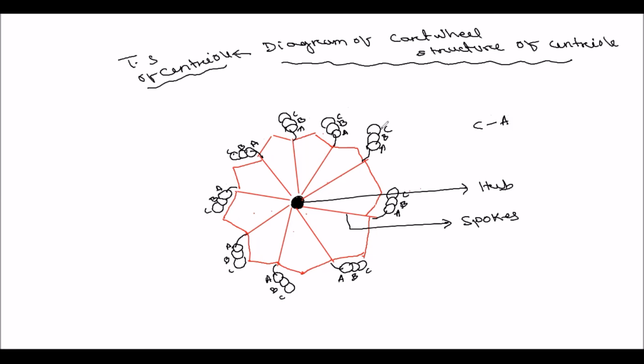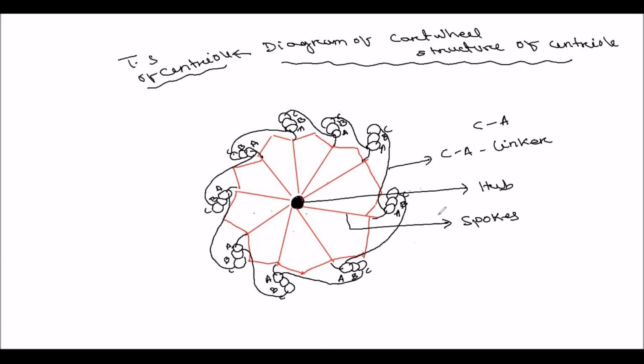Suppose this is C, then this C is connected with this A, and so on. So every C microtubule is connected with the A microtubule of its previous triplet microtubules, and this is called the CA linker. Okay, so here there is a presence of 9